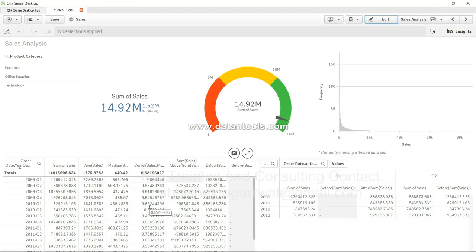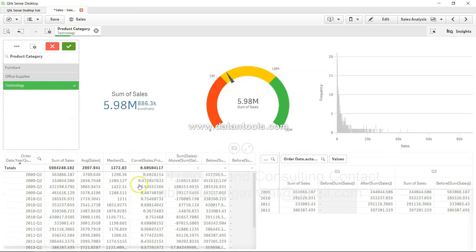Now you can experiment a lot based on the different measures that you have, and you can apply the dimension, for example, technology, just to look at. So here 0.96, see, it's how close to +1 it is, and the value can never go beyond -1 and +1. So it really shows that there is a strong correlation between the sales and profit in the Q2,